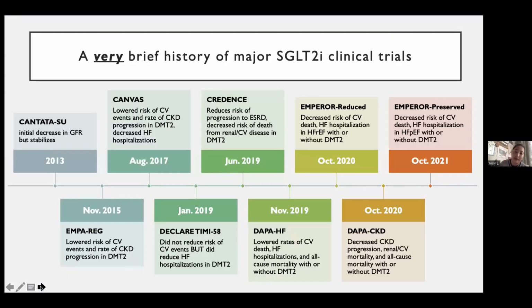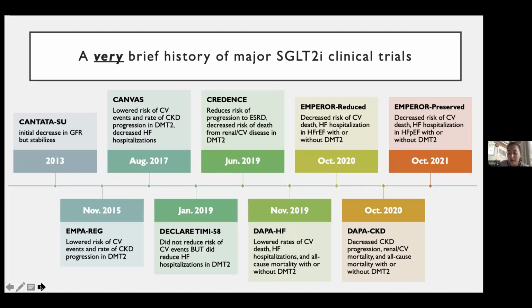So very briefly, there's a lot going on in the slide, but SGLT2 inhibitors have only been around for maybe the last 10 years or so. I think the first major trial that came out was EMPA-REG, which basically showed that empagliflozin lowered the risk of cardiovascular events and decreased the rate of CKD progression in diabetic patients. And from there, we had a lot more studies come out showing that you also decrease heart failure hospitalizations, decrease risk of death, and eventually with the DAPA heart failure and DAPA